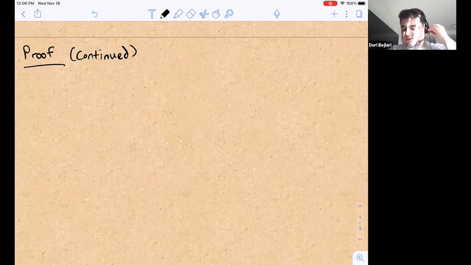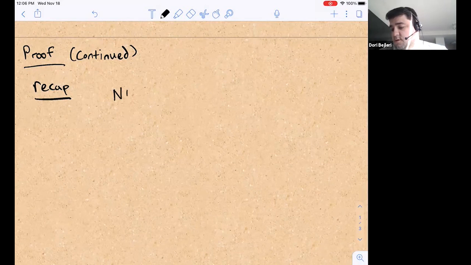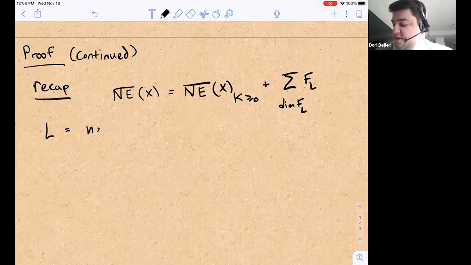Okay, so far what we've shown is that anytime we take, okay, so basically we showed that there's a decomposition of any NE bar of X into the K greater than or equal to 0 piece plus a countable sum of F_L's, where L is some nef but not ample line bundle,